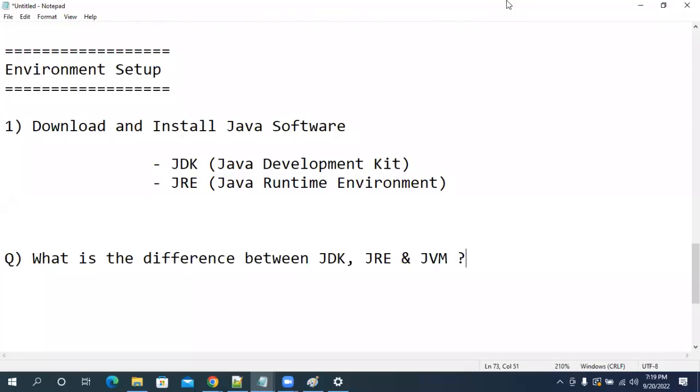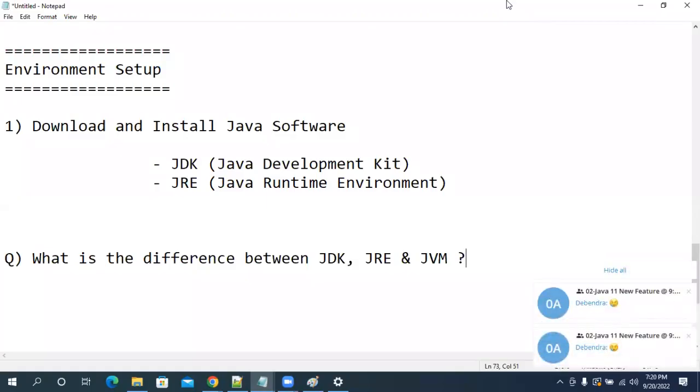Omkar is a client. Omkar doesn't know what Java is, what software is. He's a pure businessman. He wants one software project. He gave me some money, and with that money, I developed the project. I tested that project and gave it to Omkar. Omkar will run the project on his computer.